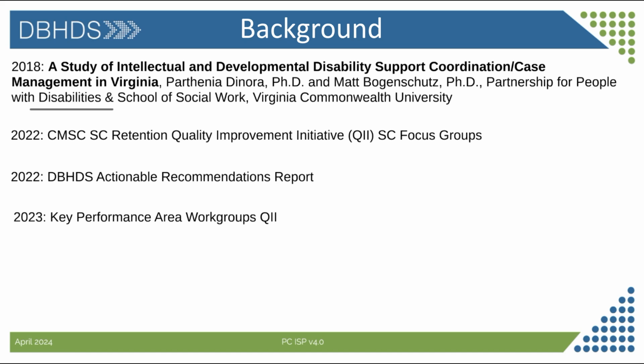And then finally, in 2023, the DBHDS Key Performance Area Work Groups identified that performance was found to be well below target in 2 key areas of the Quality Service Reviews, or QSRs. These 2 areas related to ISP assessment and implementation. So the QII was initiated to address these concerns with performance and also address concerns from CSBs with improving the